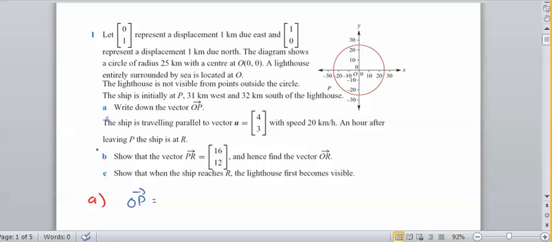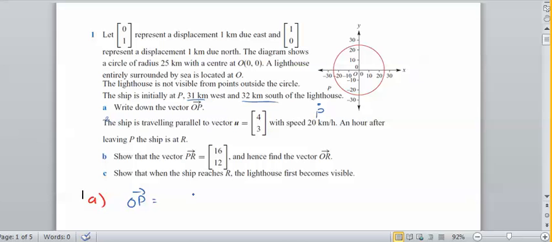Okay, so let me just have a read of the question. It shows a radius. The ship is initially 31 kilometers west and 32 kilometers south. So it's sort of over here, and 32 kilometers south. So the ship's sort of over here. This is point P, is that right? Round about there, do you think? Yeah? Okay, so OP